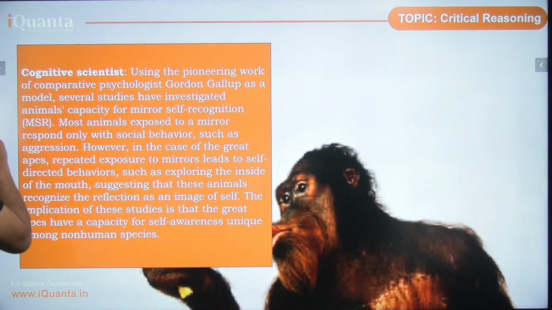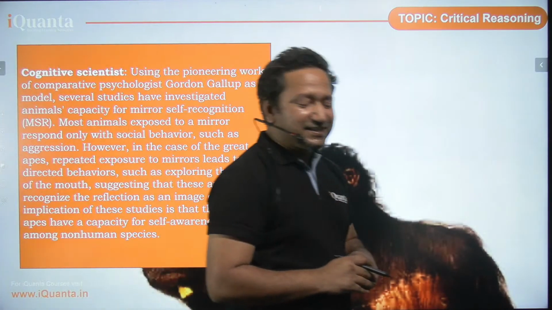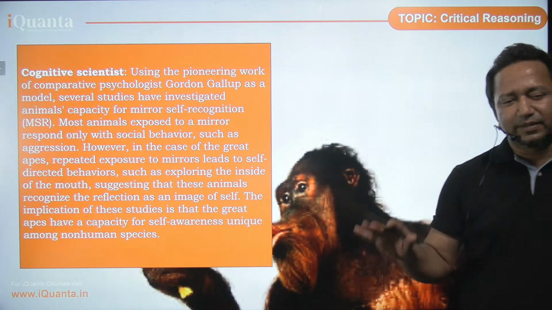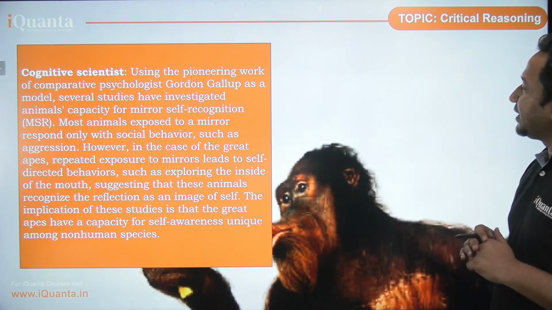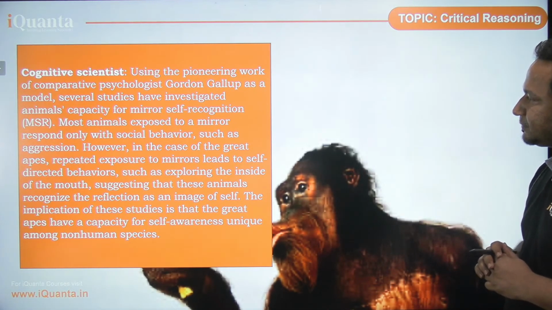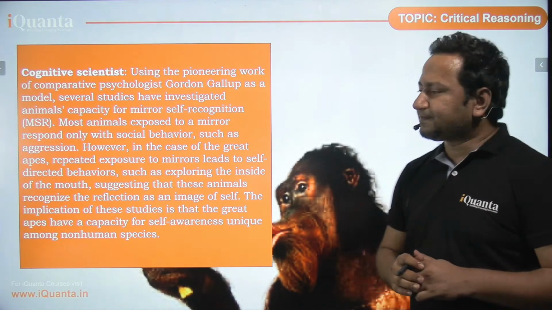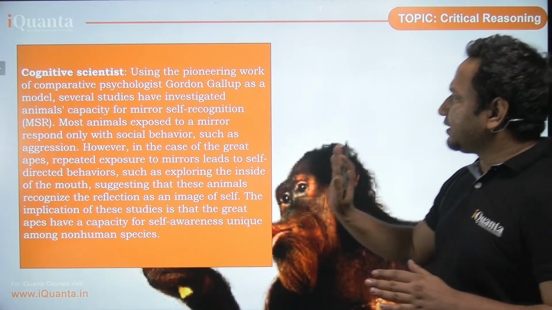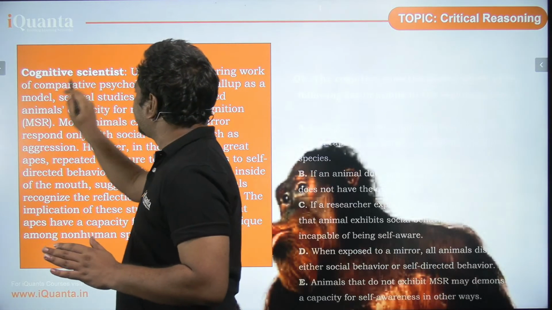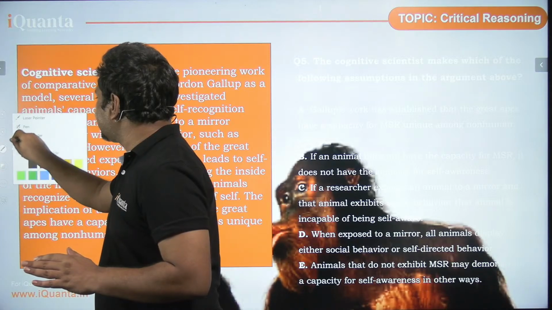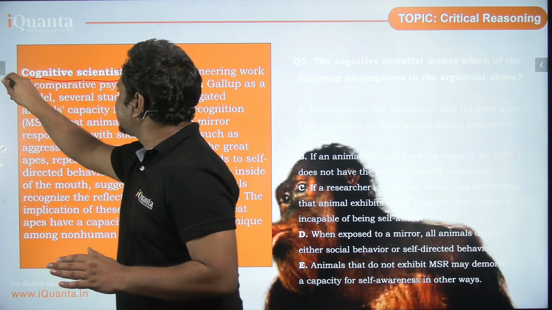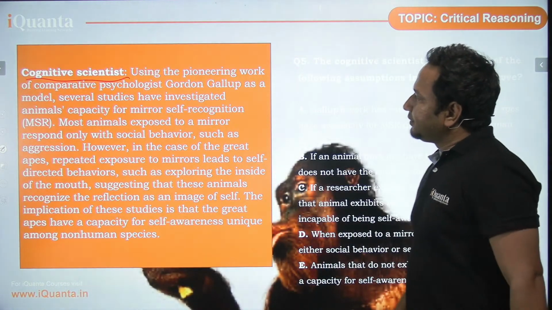Next one. Well, this is critical reasoning, and this is where a lot of people actually flunk. This can be a difficult task. Well, let us read the statement first. There is some cognitive scientist, and this guy has made a statement. He says, using the